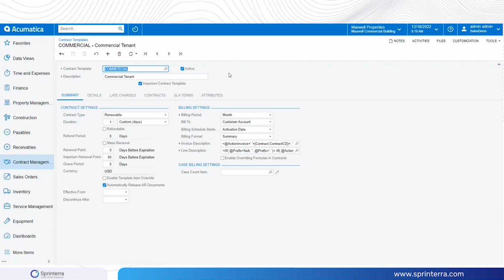I don't know if you guys have used contracts in Acumatica already. Some of this may be familiar to you. If we were creating this from scratch, we would need to give this template a name and a description. By checking this Imperium contract template box, this lets us know that this contract template needs to be presented to us when we're creating a lease. If this box wasn't checked, we wouldn't see this as an option to select when we're creating that new lease. So that piece is important. You also have the number of days, which